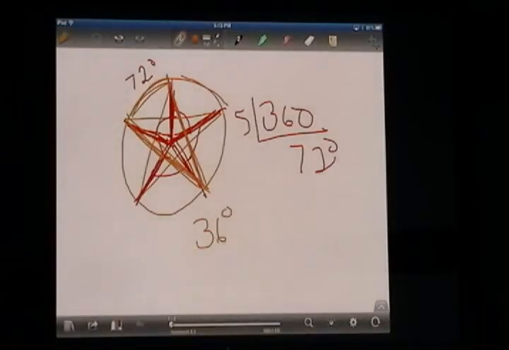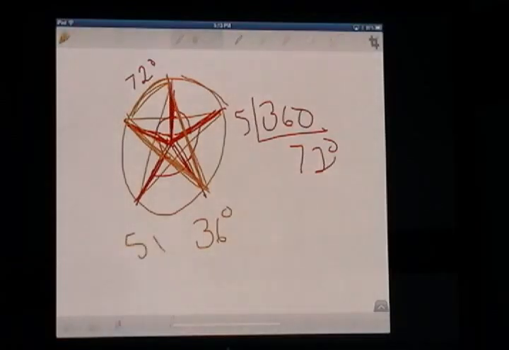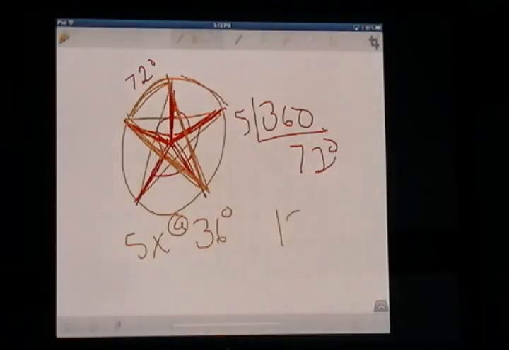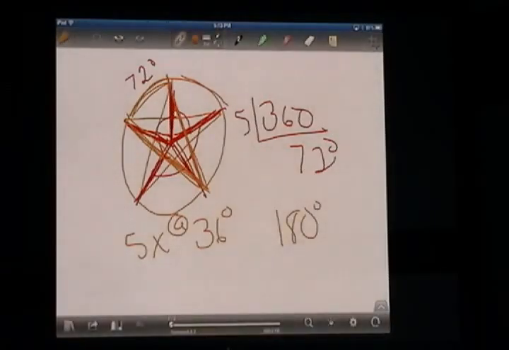Okay, now the second part of that question asks what the sum of all the inscribed angles is for the star. Okay, so we have 5 of them, so we're going to have to multiply that times 5 to find out. So this is the answer to A. Multiply 36 times 5. We can find out how many degrees there are in all of those angles. So that's 180. Now, if you stop and think about it, it makes sense that that would have to be 180 because